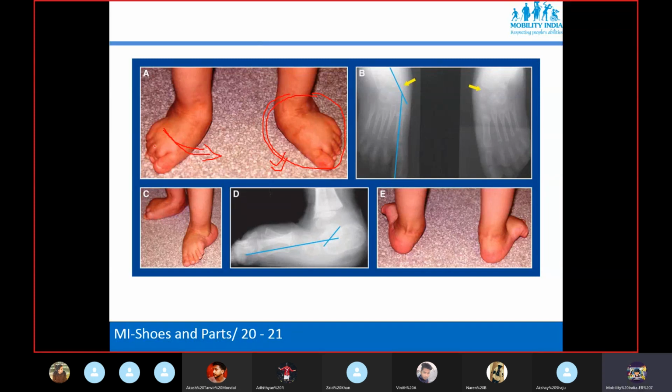If this one is flexible, then again you should take the measurement and make a shoe last which can correct this abducted foot in case of flexible deformity.